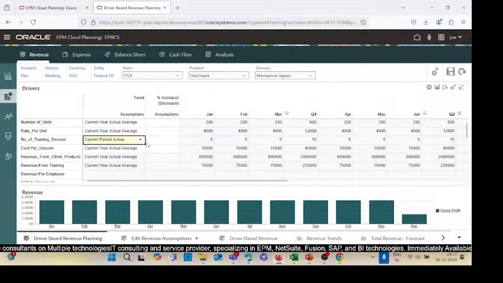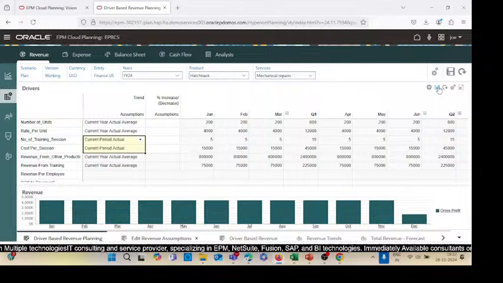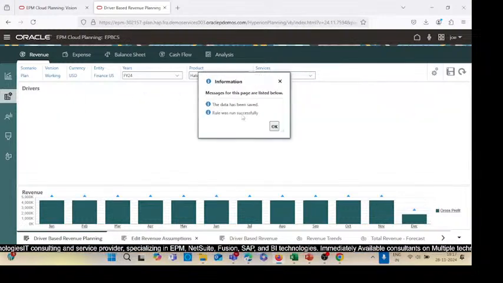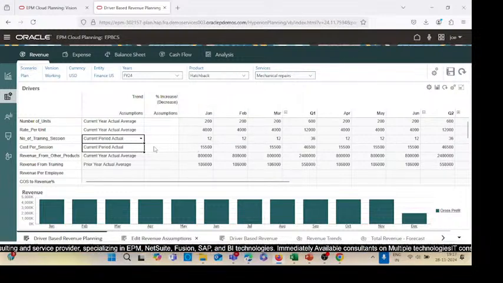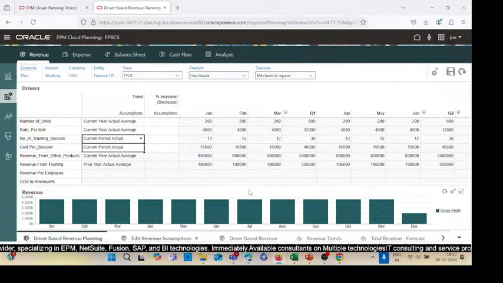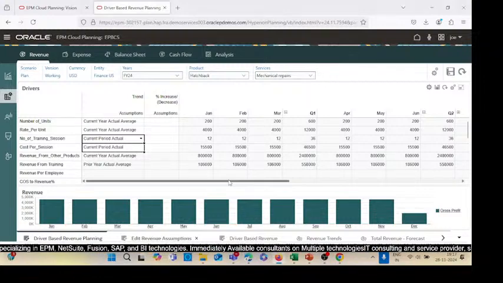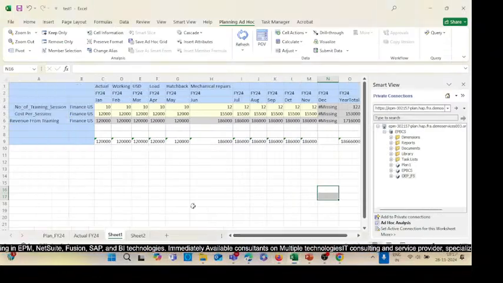Let's change the trend to current period actual, and let's see if it is working or not. Click on save. When you click on save, the rule will run behind this. So the rule run was successful. Now what is actually happening here, this is taking current period actual, that is 12 and 15,500, throughout the year. Why is it taking that? Because if we see current period actual,